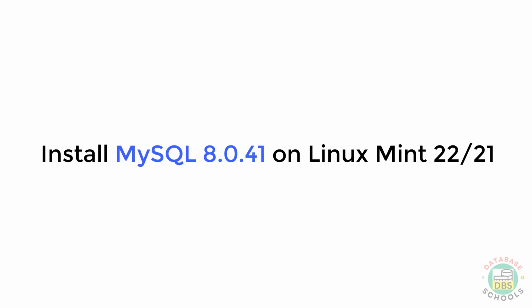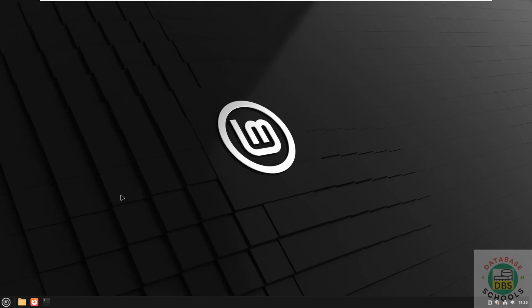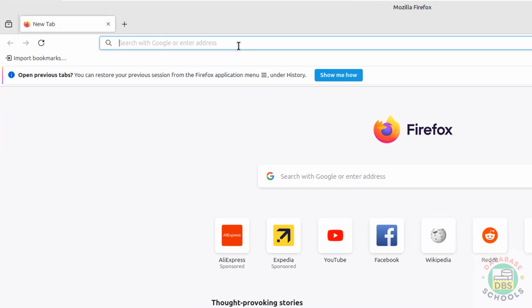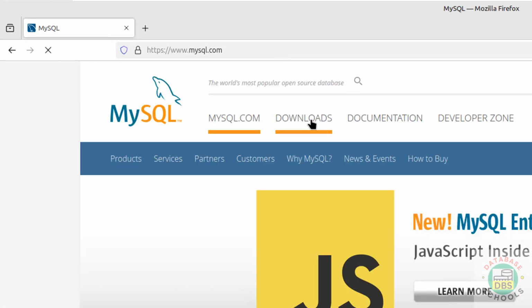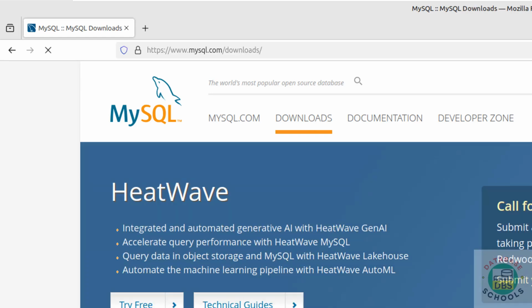Hello guys, in this video we will see how to install and configure MySQL 8.0.41 on Linux Mint 22.1 Xia edition. Both are the latest versions, but the installation process is the same on all Linux Mint 22 versions. So first open Firefox, then go to mysql.com, then click on downloads, then scroll down,